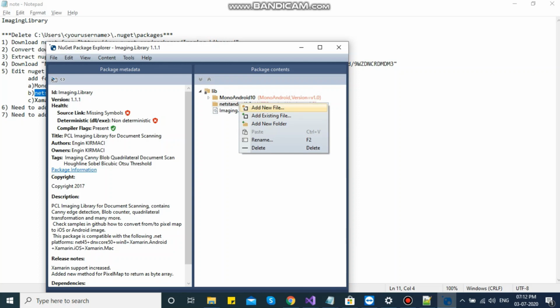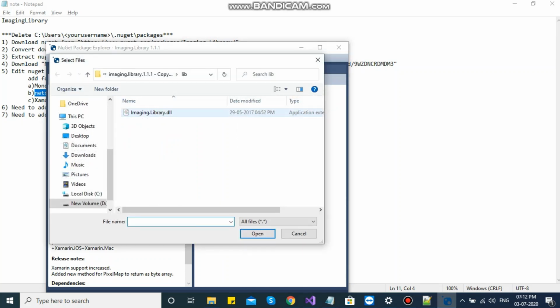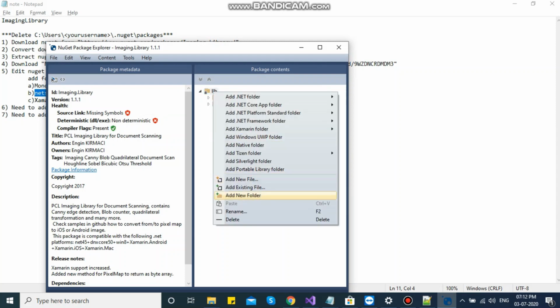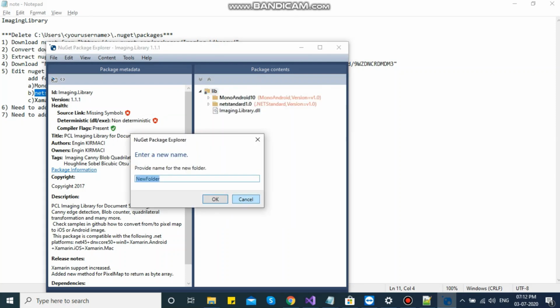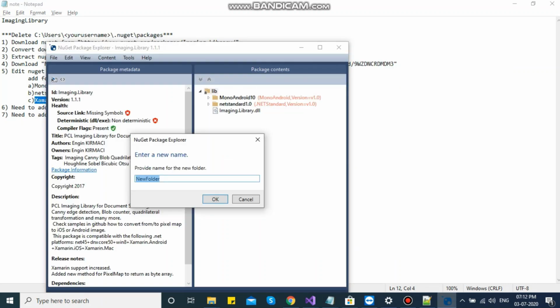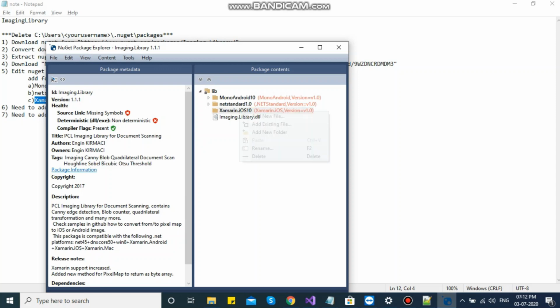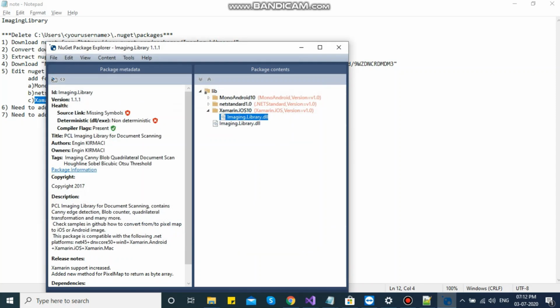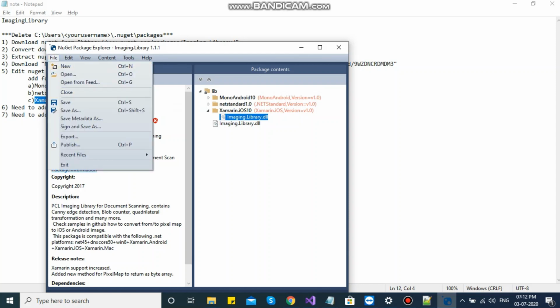Same step, you need to add the DLL. The third folder you need to add is iOS, and you need to add the DLL. Okay guys, so this is ready to use. So just the final step, you need to save.